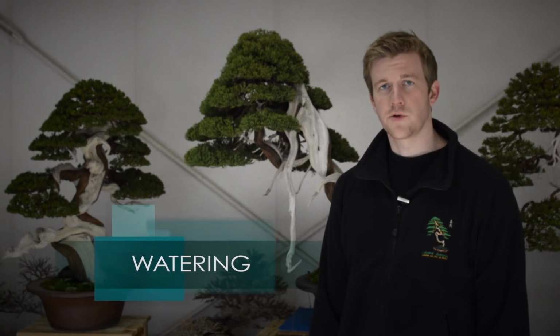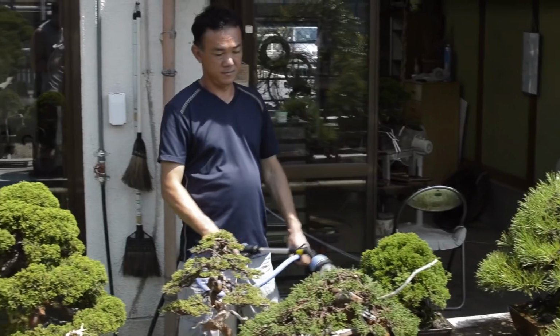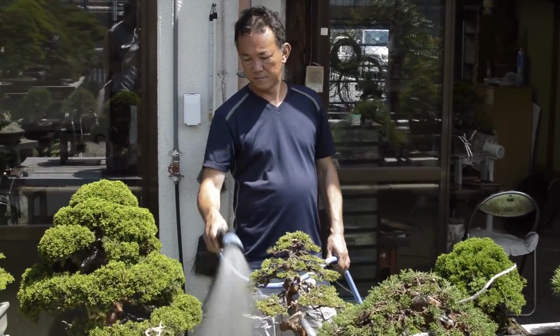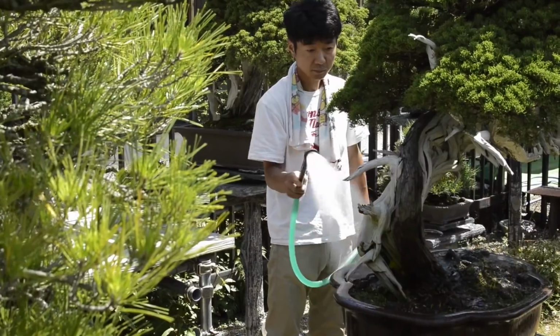Juniper species are somewhat drought tolerant, but avoid allowing the soil to become completely bone dry. In the spring, all healthy plants will increase water intake, so care must be taken to water them accordingly. As temperatures begin to increase, check juniper bonsai twice per day, watering only as the soil dries out. In the heat of the summer, we recommend